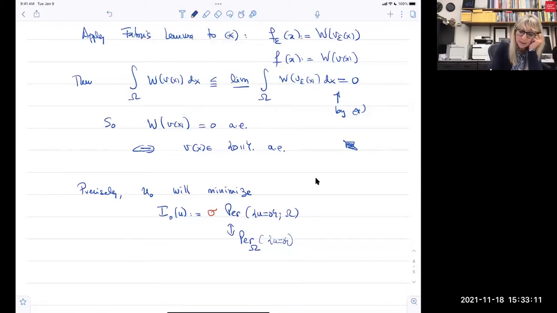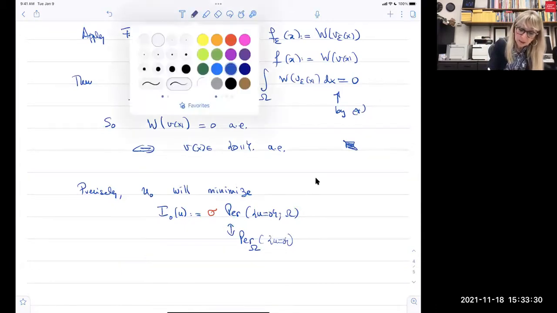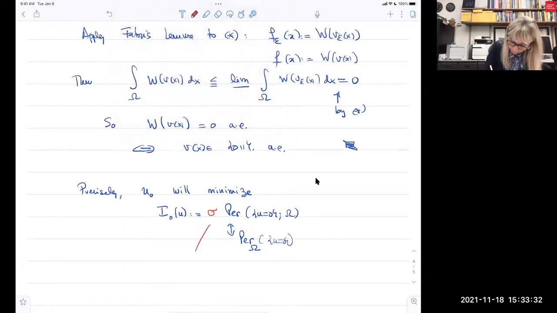So actually, there is a constant that's going to come up. In terms of minimization, it makes no difference, right? Because minimizing the perimeter or minimizing this is the same, right? It's just a scalar multiplying, right? But eventually, it is going to be interesting because this is actually an isotropic surface energy density,